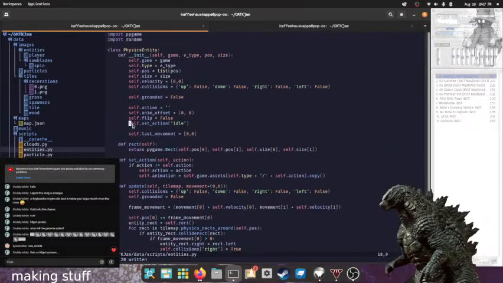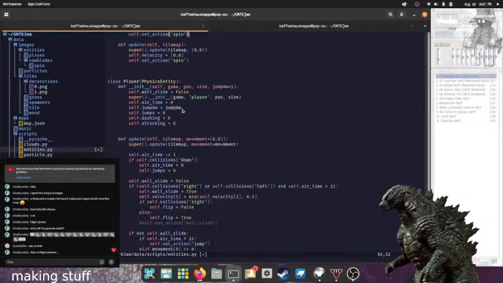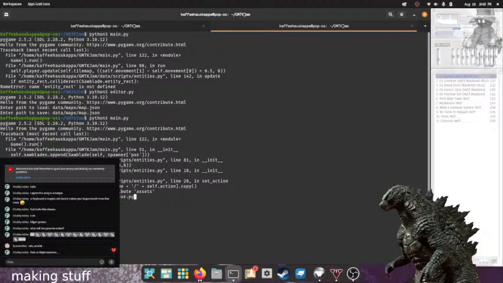So I do have it so it automatically sets the action in here. I think I'll remove that automatic action set, and just have it set right away after it initializes down here. I hope that doesn't break anything.